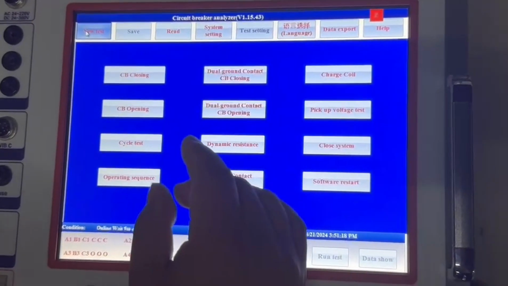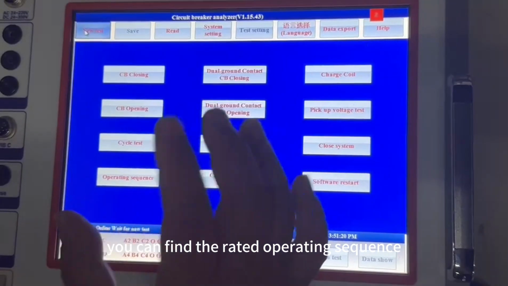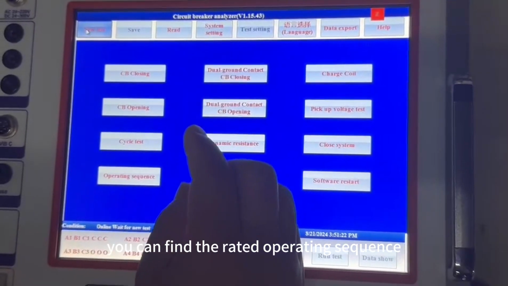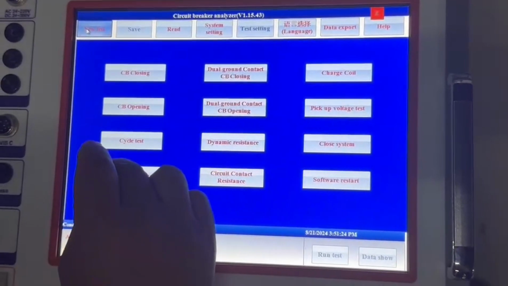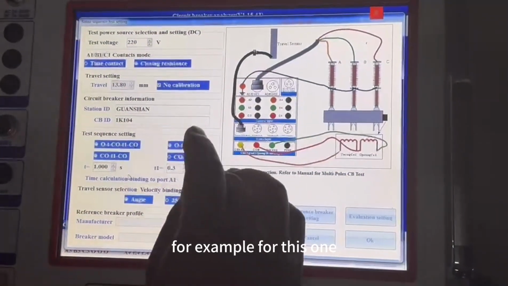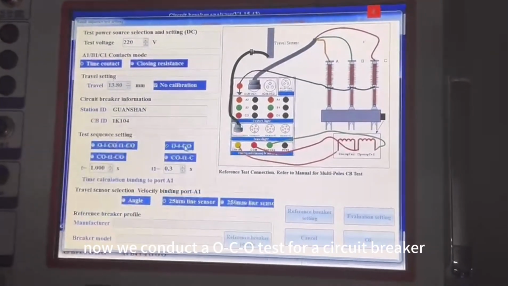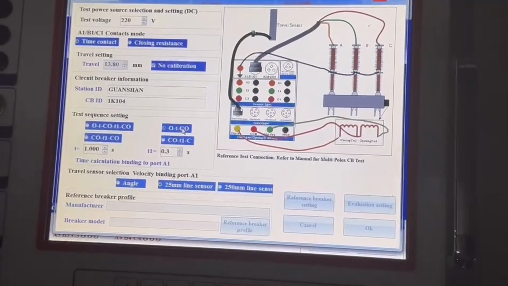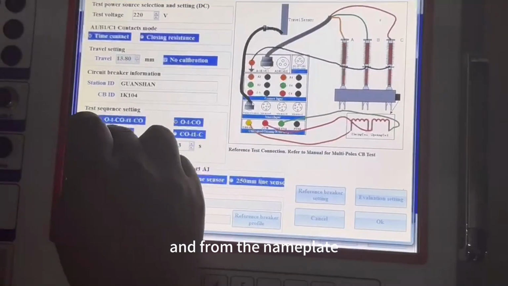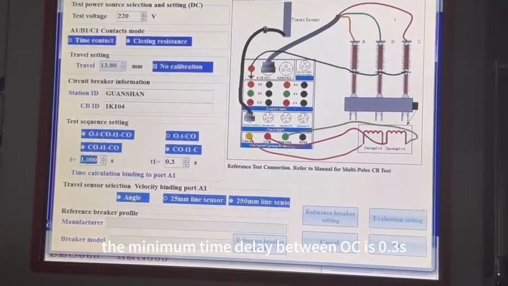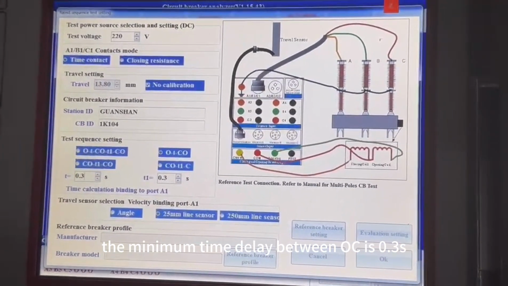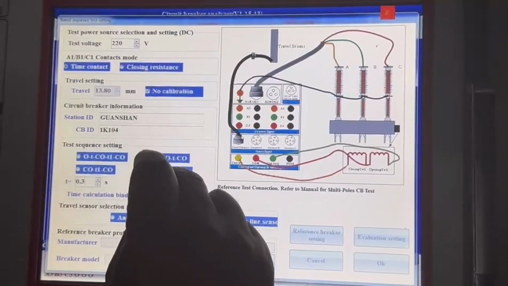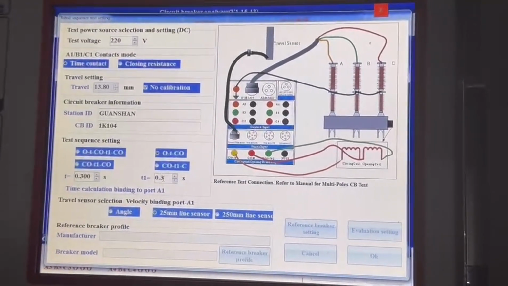You can find the rated operating sequence on the nameplate of the circuit breaker. For example, for this one, now we conduct an OCO test for a circuit breaker, and from the nameplate, the minimum time delay between OC is 0.3,